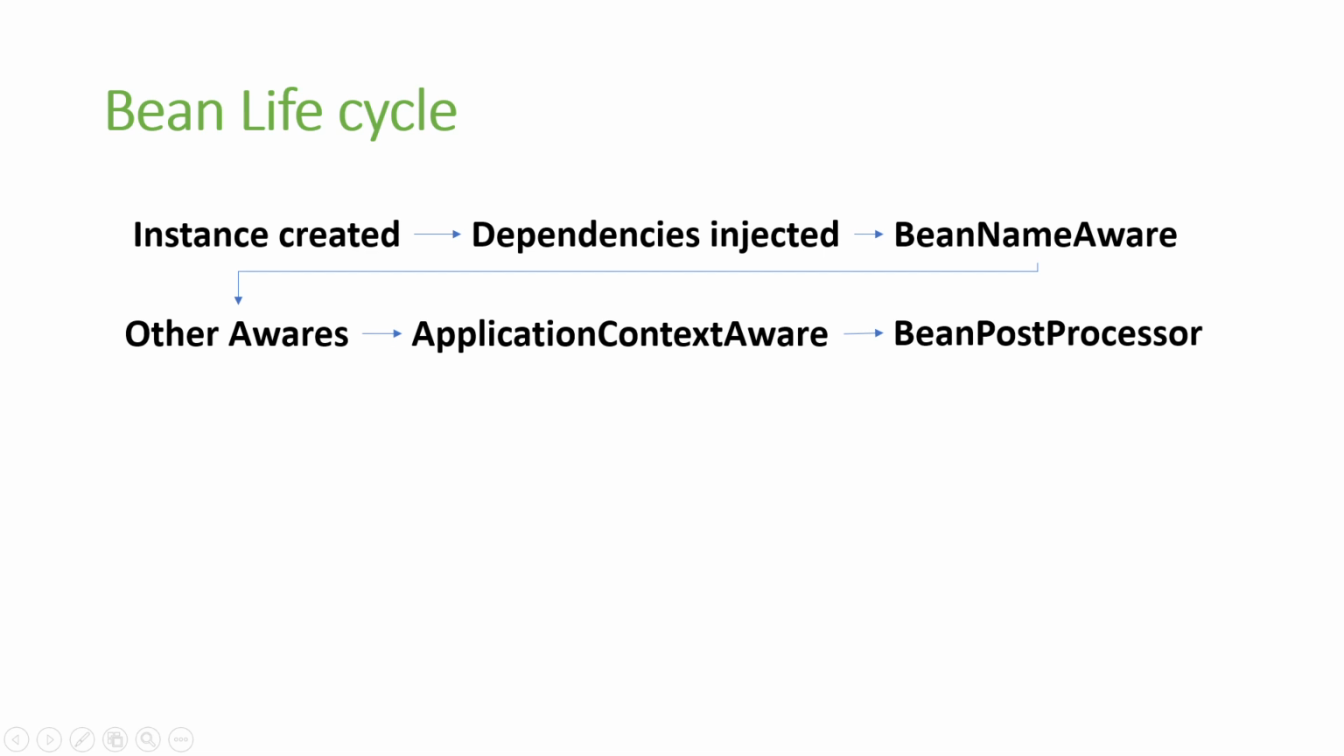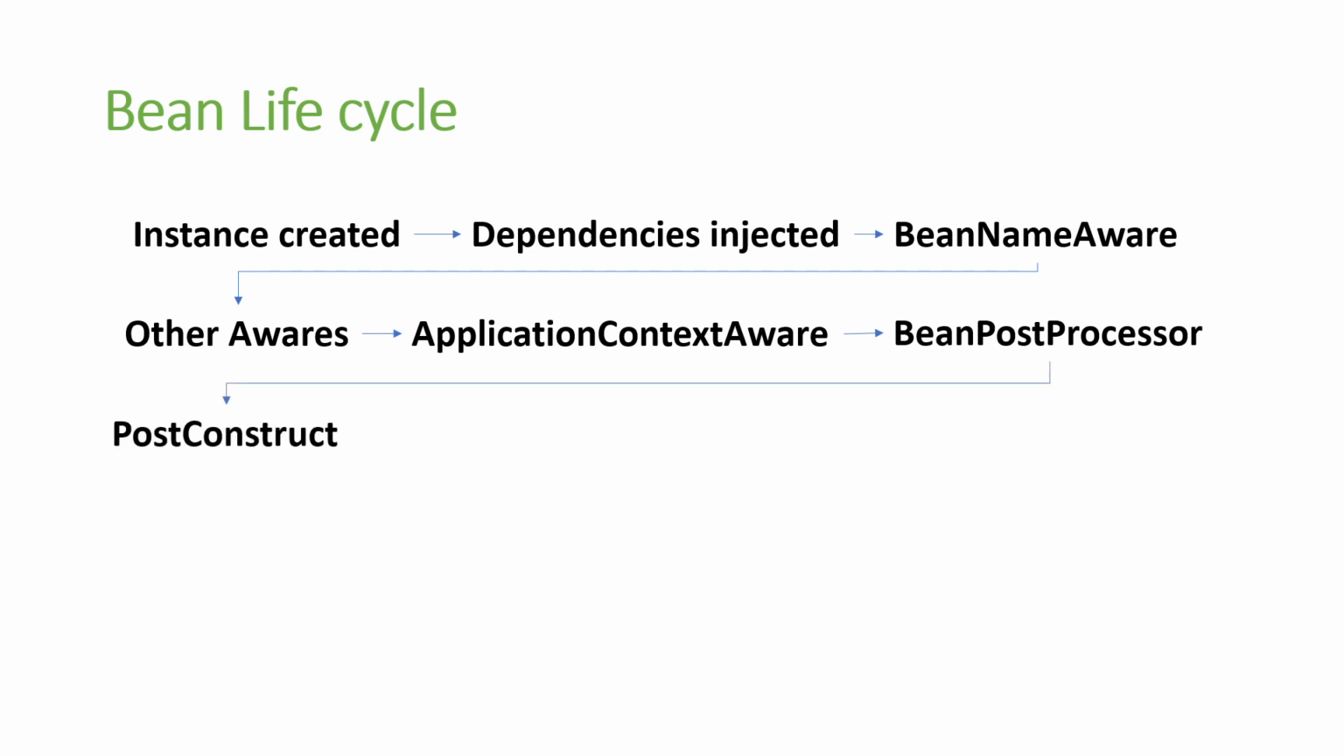After all these steps are completed, the bean itself will be passed as an argument to one of the methods of the implementation class of this interface. After doing this, then what will happen is